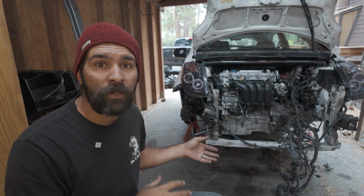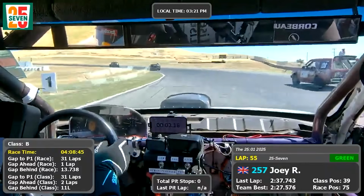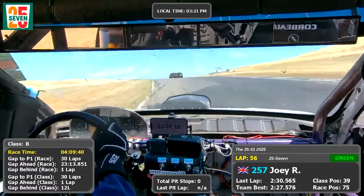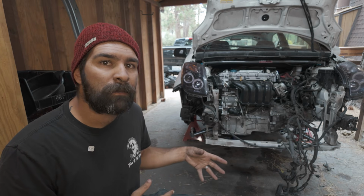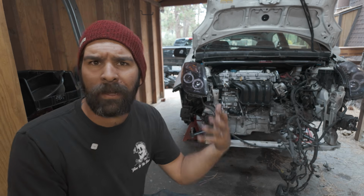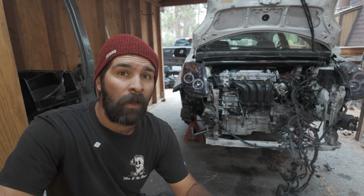For me, this was one of the challenges in Lemons because I knew where I wanted to push on a certain track and I knew where I could get the most time from my experience. And for me, having more mechanical sympathy meant slowing down, but then I couldn't find a new way to find that speed. So hopefully you've got a better idea of how a race car differs from a track car